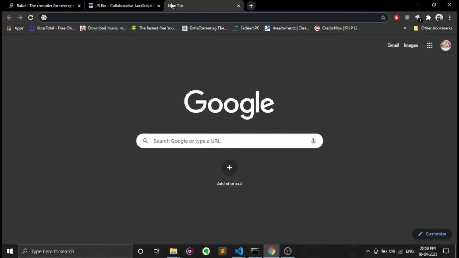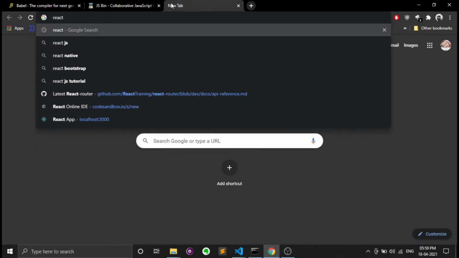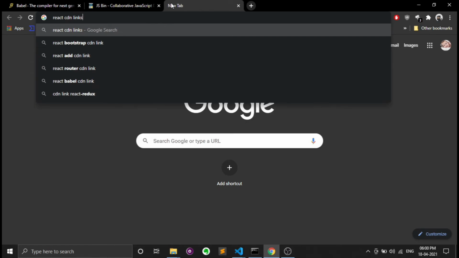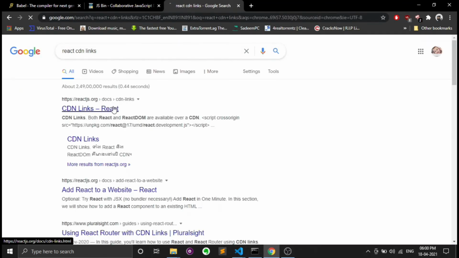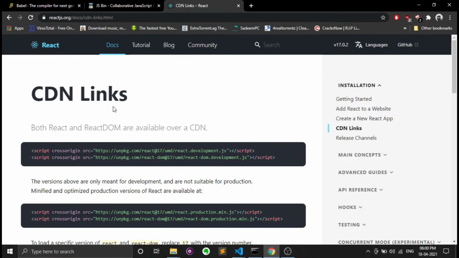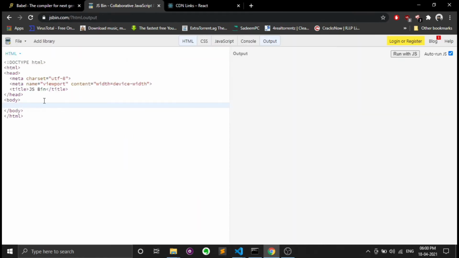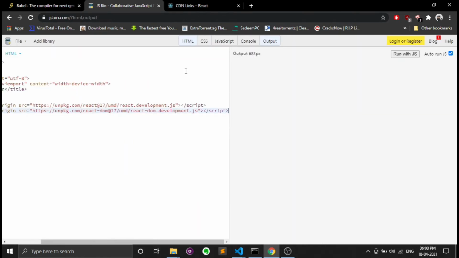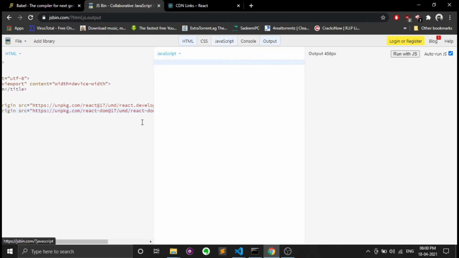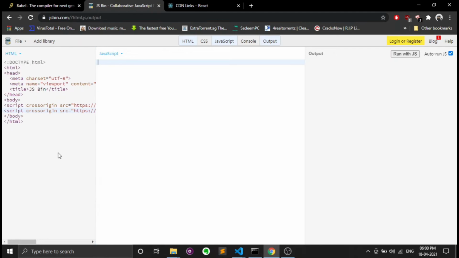To get the CDN links, search for React CDN links, find the CDN links there, copy and paste them. Okay, we have a JavaScript tab as well, and we have already included the updated React CDN files. So let's implement that.